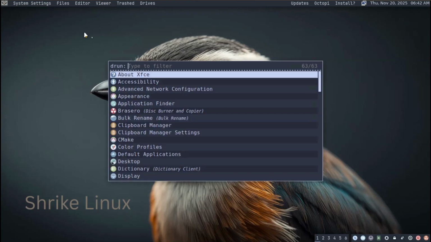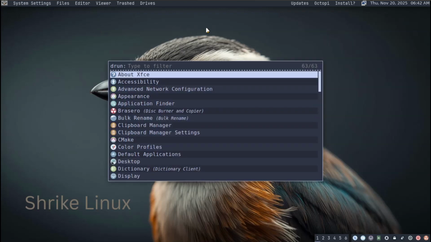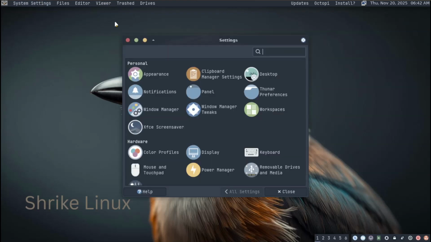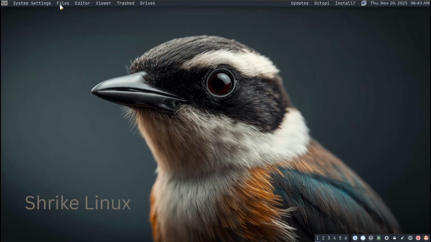Again, we have the same. Alt F1 spawns the menu, and also here with the mouse you can click settings, XFCE settings, file manager, it is Thunar,